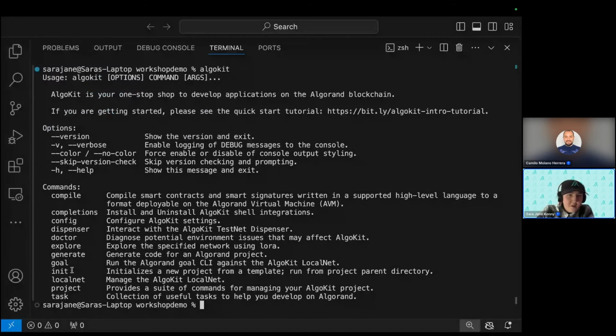And with this, you can see we get a big pop-up of what you're able to do at the AlgoKit command line. So we have compile, so you can compile smart contracts and smart signatures written in a supported high-level language to a format deployable on the AVM. You have completions to install and uninstall AlgoKit shell integrations, configure to configure AlgoKit settings,